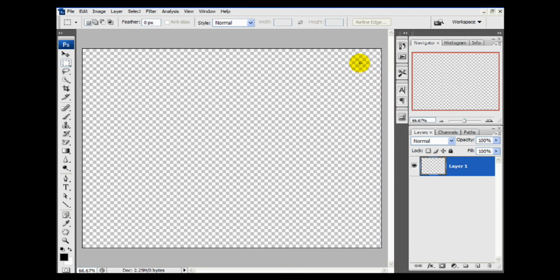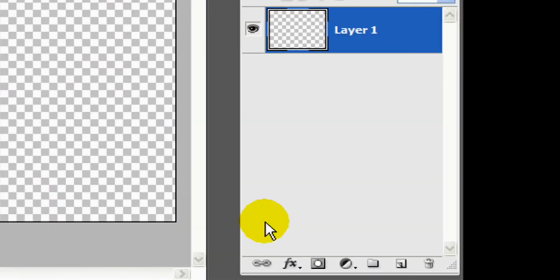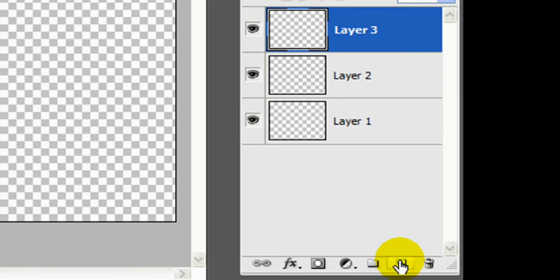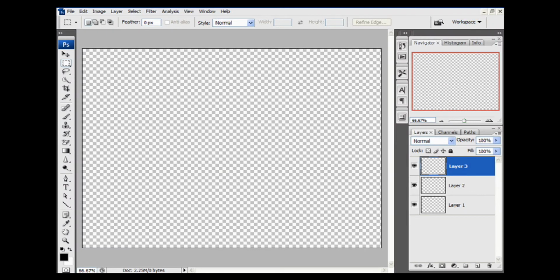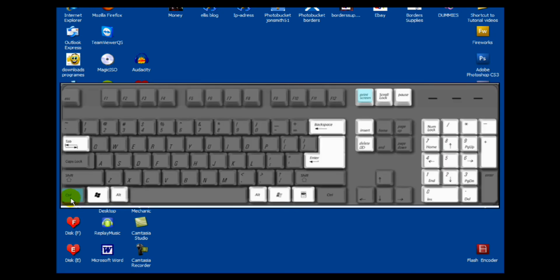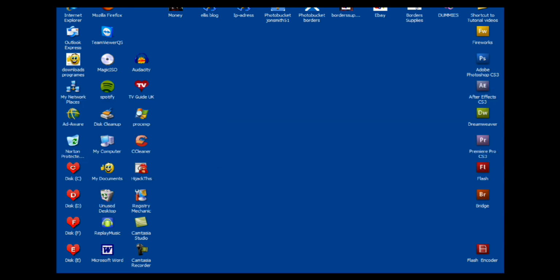Now we want 2 further layers, so we want 3 layers altogether. So we'll come down the bottom of the layers palette here and we'll create a new layer, and we'll create another one. So we've now got 3 layers. Okay, now let's minimize Photoshop and go back to the desktop here. While holding down the Control on your keyboard, press the print screen button and it'll take a snapshot of the desktop. Now we'll just go back and open up Photoshop,